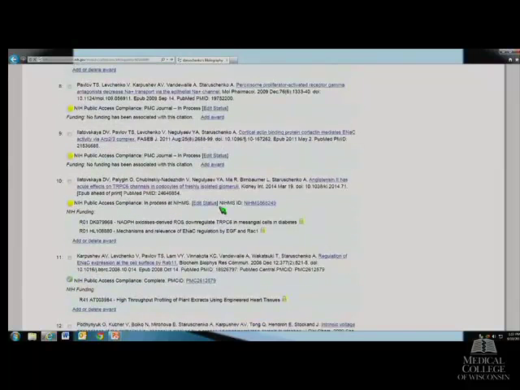And below that are my yellow, which are in process. So this is kind of an interesting example. I kind of like this one. These ones are yellow, even though they have no funding. So this is actually a method A or possibly a method B journal. They've submitted it to PMC already for us, so it's in process. It is going to be in PMC. So if eventually there was some kind of funding we needed to associate with this, we could do it and it would be in compliance and we'd have no problem. But currently, since there is no funding, it's just going through the system kind of without us needing to worry